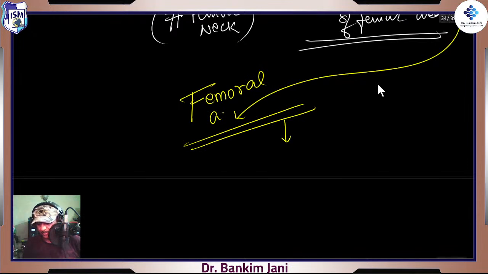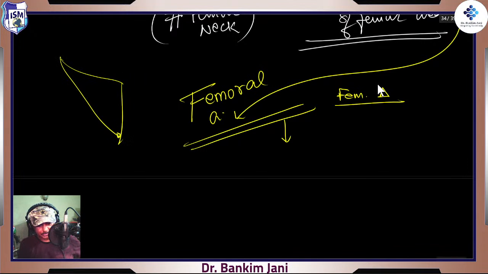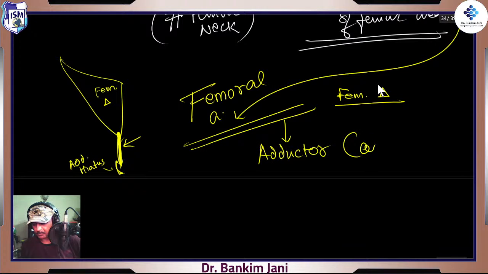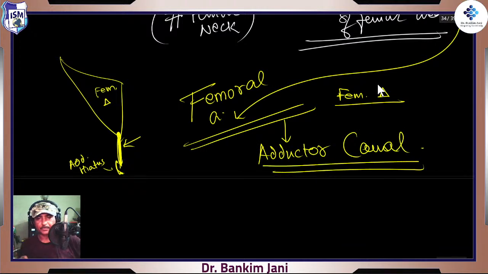as it is going, right now it is in the femoral triangle. Then from the femoral triangle till that adductor hiatus, this is the area which is called the adductor canal. So from the apex of the femoral triangle to the adductor hiatus, in between, that is the adductor canal. Another name of the adductor canal was Hunter's canal, right? Hunter's canal,